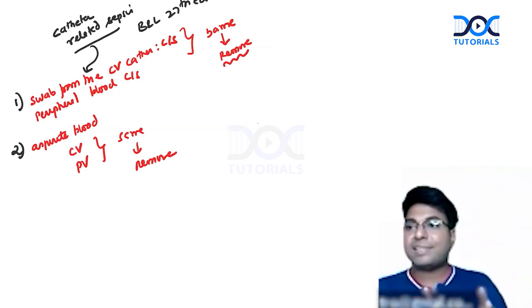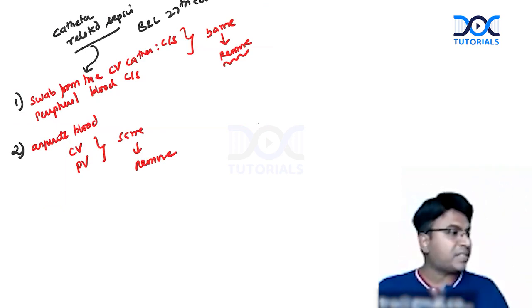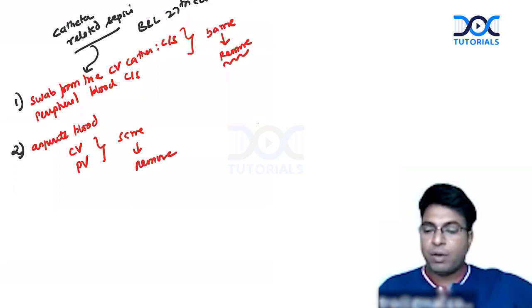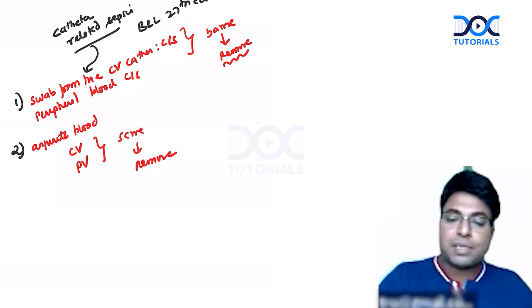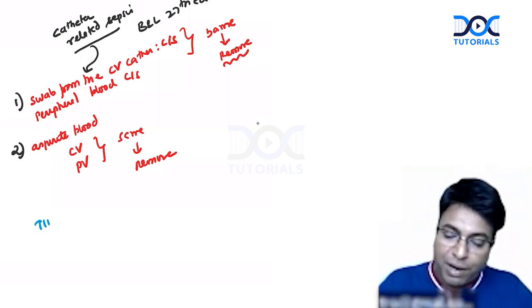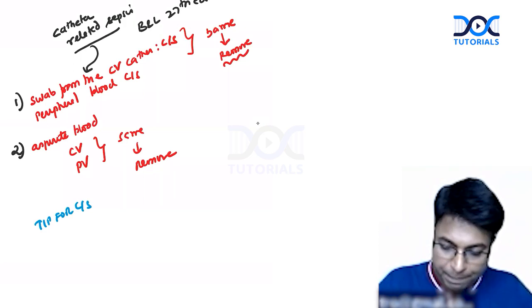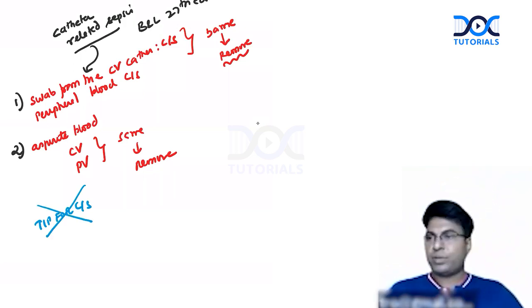Some of you are still answering this because it is there in Surgery 6 also, the old edition. Surgery 6 was mentioning that only. The old concept says, when you suspect sepsis, remove the catheter and send the tip for culture sensitivities. That is no more the answer. We are not doing that. Okay, we are not doing that.